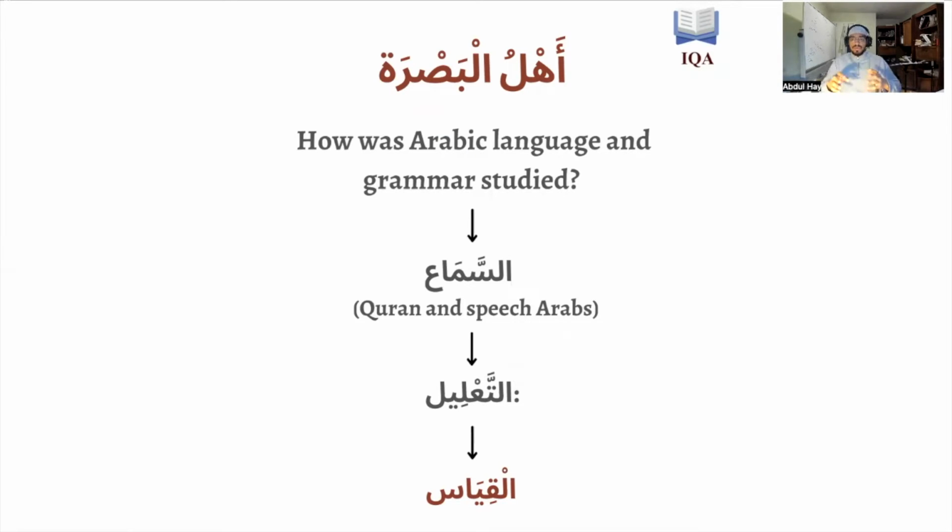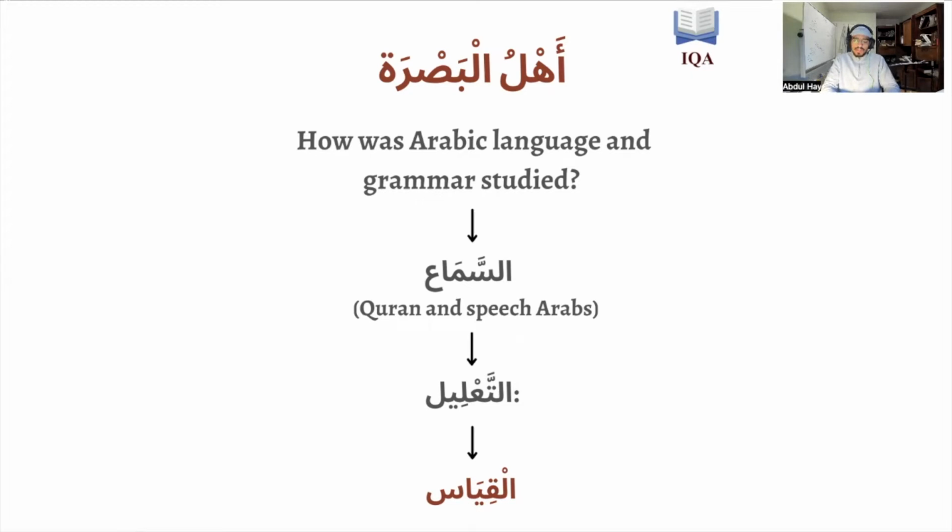So they would go to, for example, the desert. Khalil ibn Ahmed al-Farahidi, for example, went to the desert for years and years and years. He spent that time in the desert writing down and studying, an empirical study, if you will, of the Arabs speaking their language, right? When they would be speaking, what they would be doing, how would it sound, right? What are the endings of the words, right? So they'd be listening and documenting this speech.